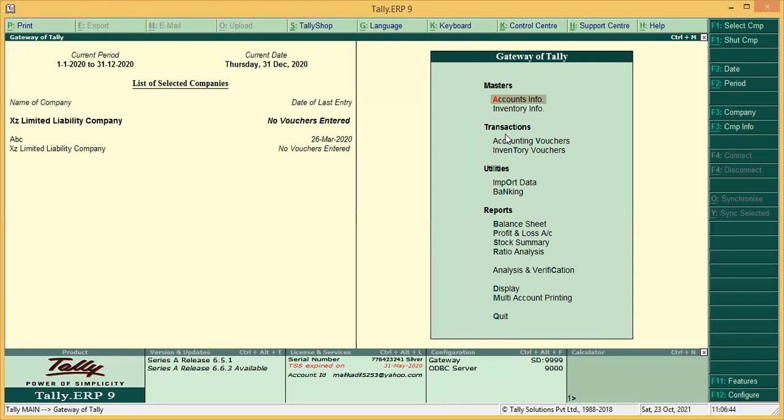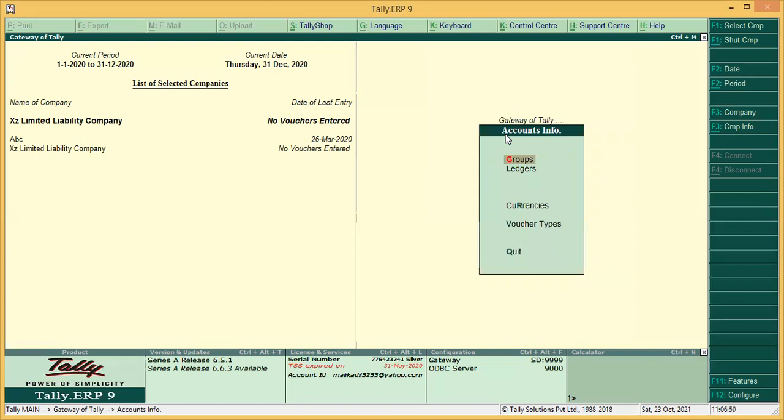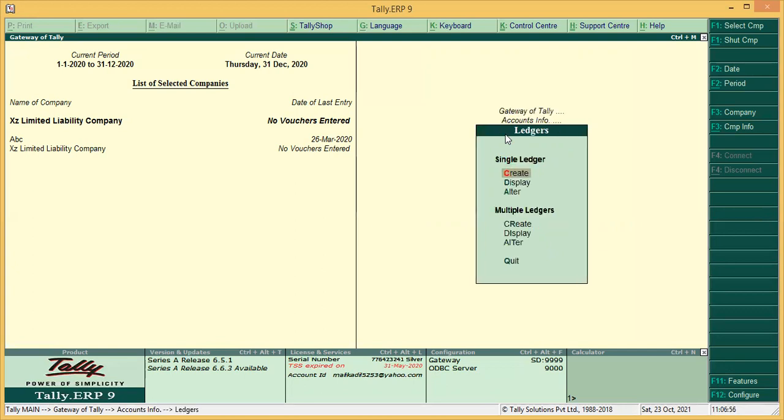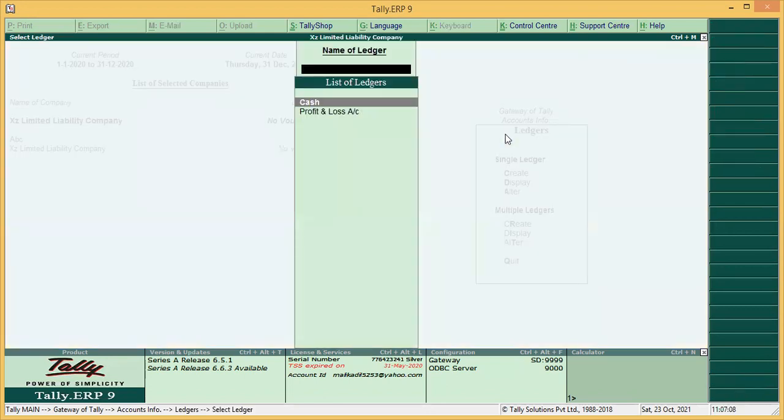In order to create the ledger, what you have to do, you will select this Account Info. You will go to Account Info, and here we have a tab, Ledgers. You will click on Ledgers. In order to create, you will go for creation. The tab Create is for creation. Display, later on I will show you whatever we will create.